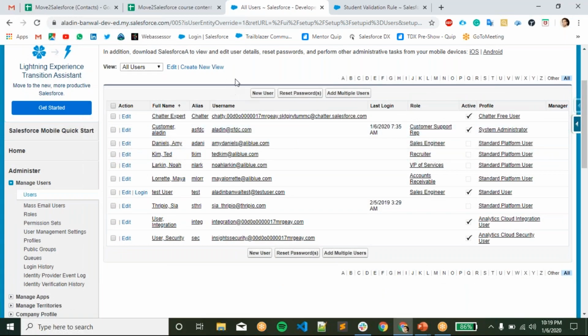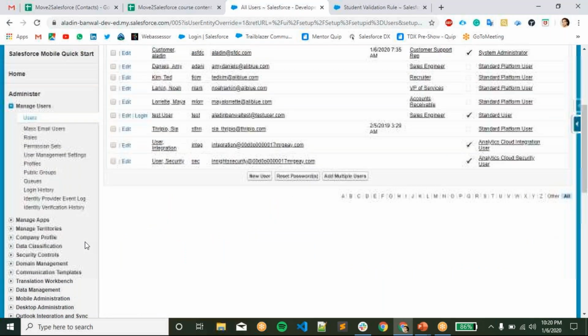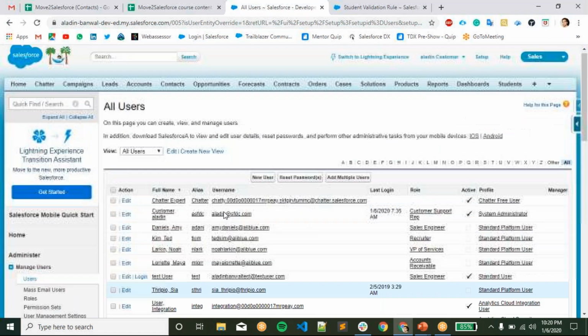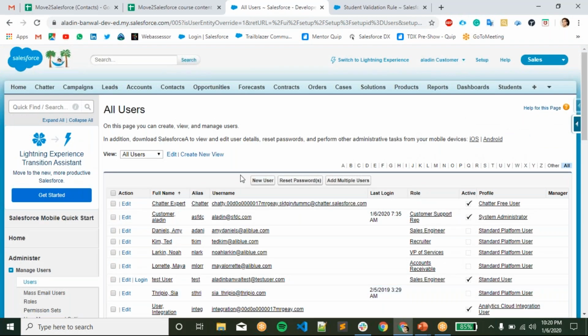When you create any organization for the first time, you will get a bunch of records in this user object. So this is also an object. User is also an object. You can create custom fields, validation rules, and formula fields over here. You can use Process Builder. You can use this data in your Apex classes and all. So this is also an object, but it's a standard system object.